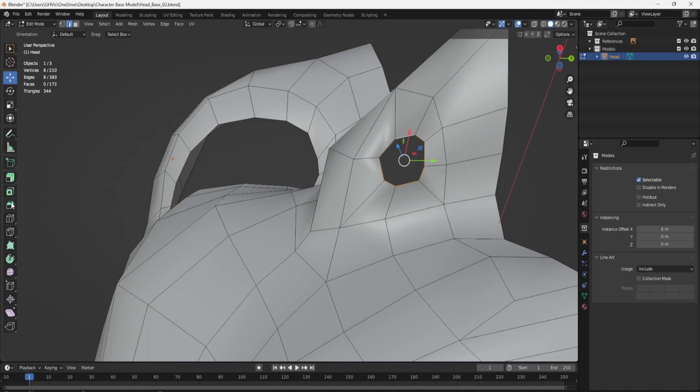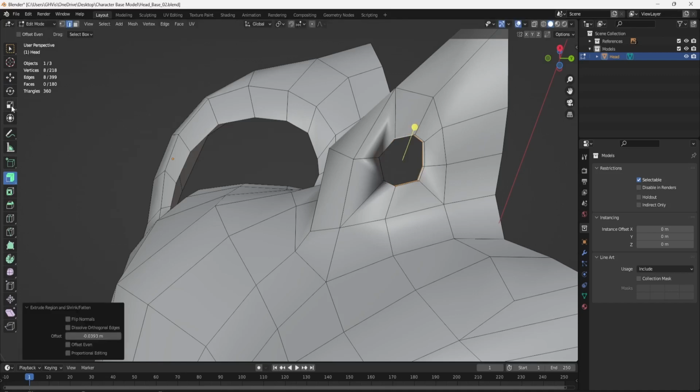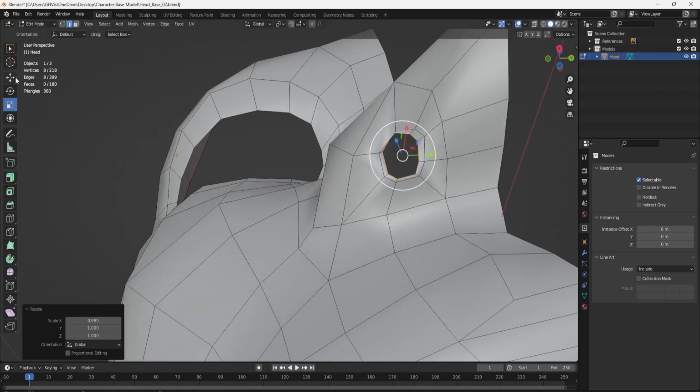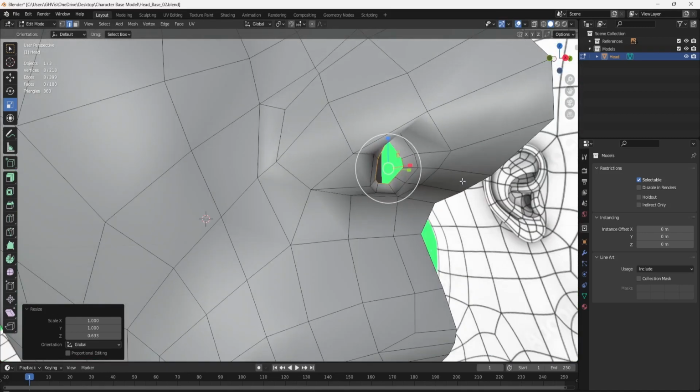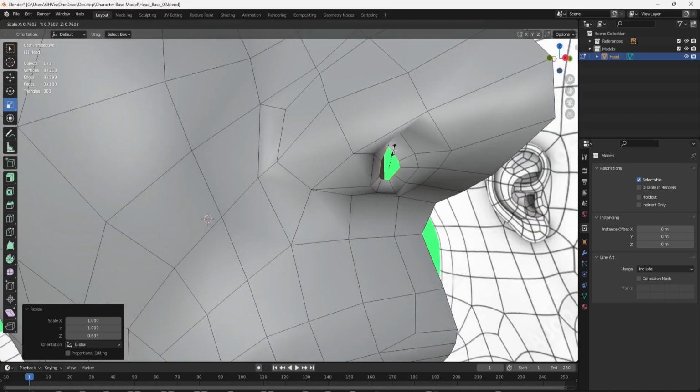So then, again, I'm going to extrude the normals and scale those in. Just look into, pull them in. Just trying to make that little nostril shape. This is where we maybe want to straighten it up. Bring it up. So we're just going to pull this up,